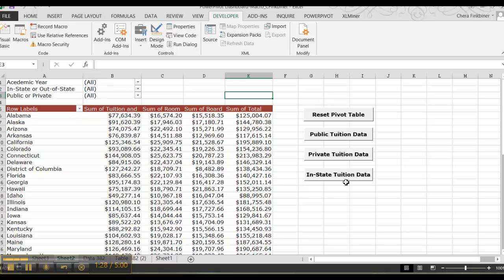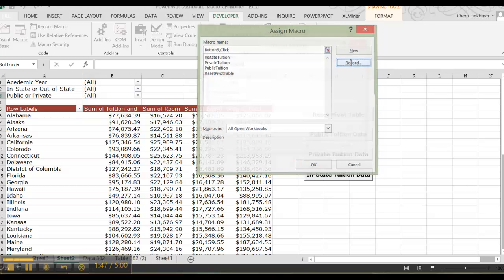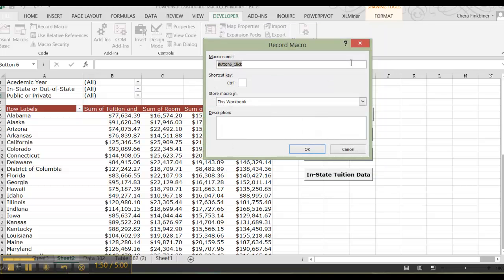Now we're going to create another button, and to do this you go to Insert, Form Controls, and draw out the size of the button that you want, where you want it located. And we don't have a macro for it yet, so we're going to go ahead and record the macro. Choose Record, and we do this the same way. Give it a name, no spaces,